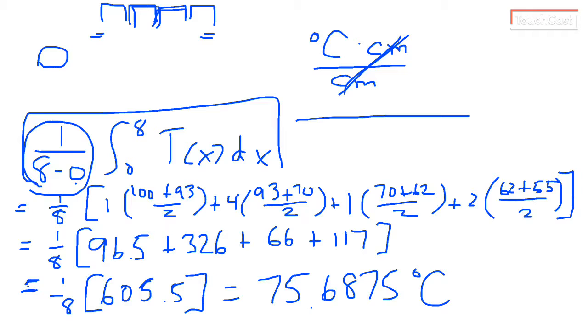There's one other thing I want to point out. If you went off to the side and used your calculator and you tried to work it out, the most common wrong answer I would expect is 605.5. People sometimes forget to divide by the 8 at the end. So I just want you to promise me that every time you try to compute or estimate an average value of a function, in this case we were computing the average temperature, look back at the